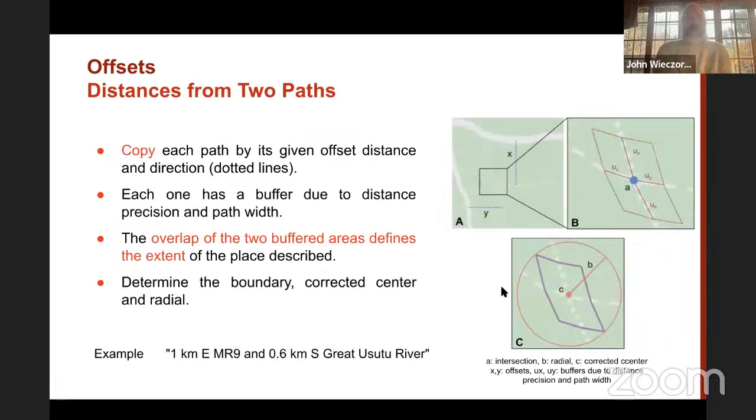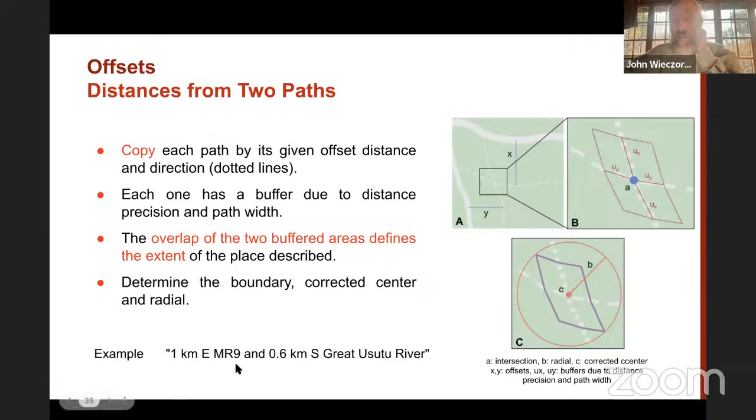Now, distances from two paths. This one gets a little trickier because we've got lots more pieces to play with. The example is 1 kilometer east of MR9, which is a road, and then also at the same time 0.6 kilometers south of this river. So in these cases, what we have to do is get on the map. We need to find the MR9. We have to find the Great Usutu River, get an idea of what those mean,